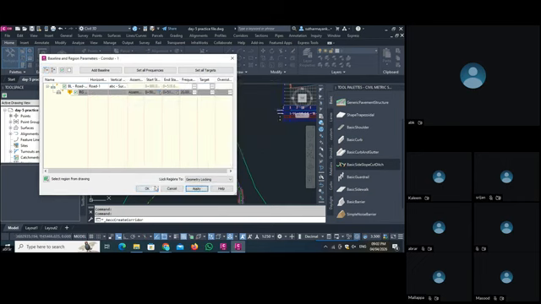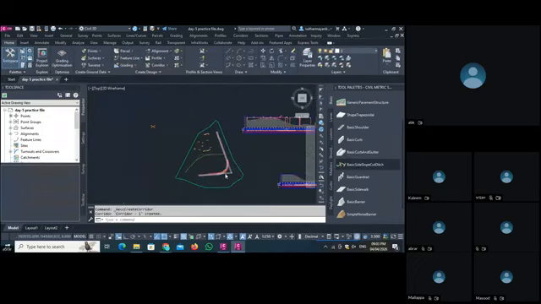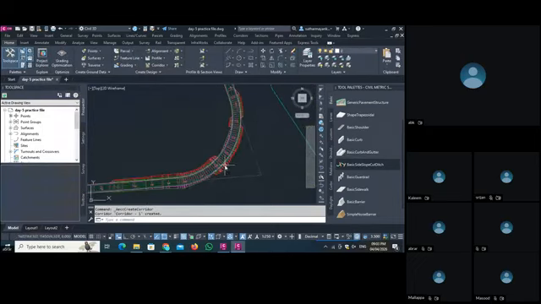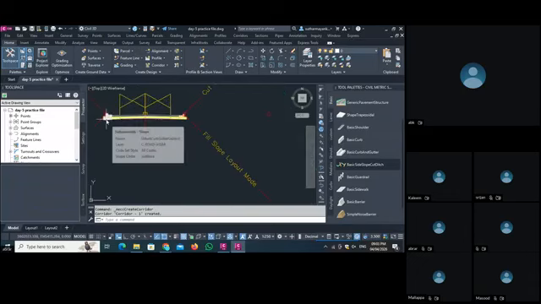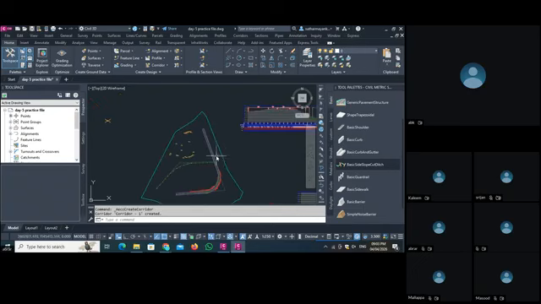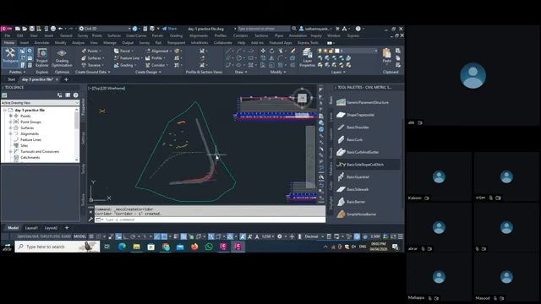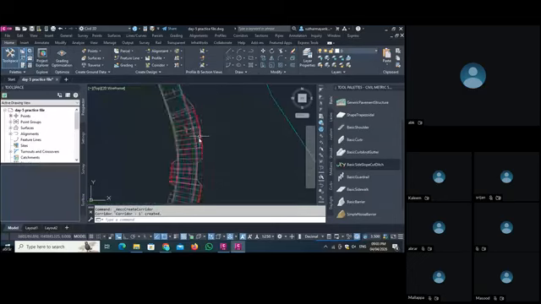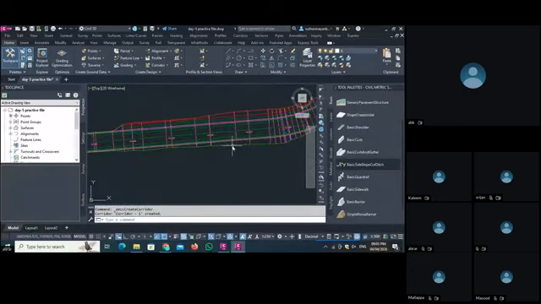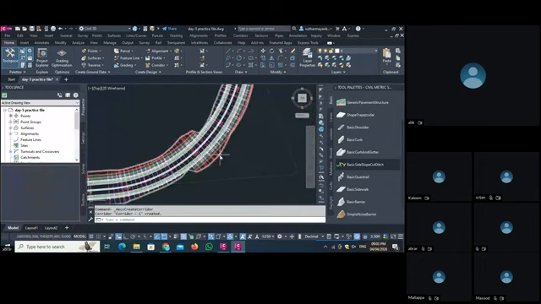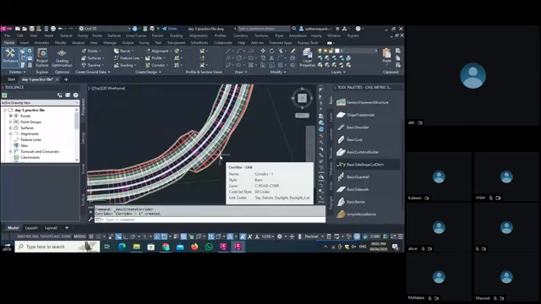corridor and OK. See, now as previously, we didn't provide the daylight. We just provided a curb, up to the curb, and created a corridor. So at that time we don't have this thing. See, this red area is showing as a cut and the green area is showing as a fill area. If I put my cursor here, you can see at the bottom of this pop-up, top datum daylight cut